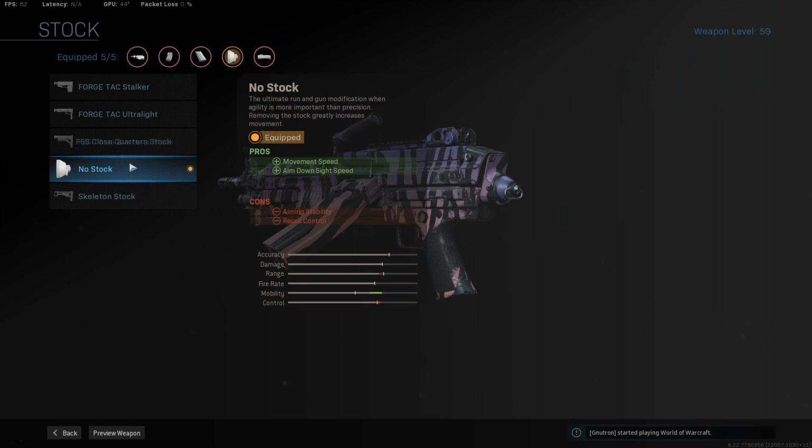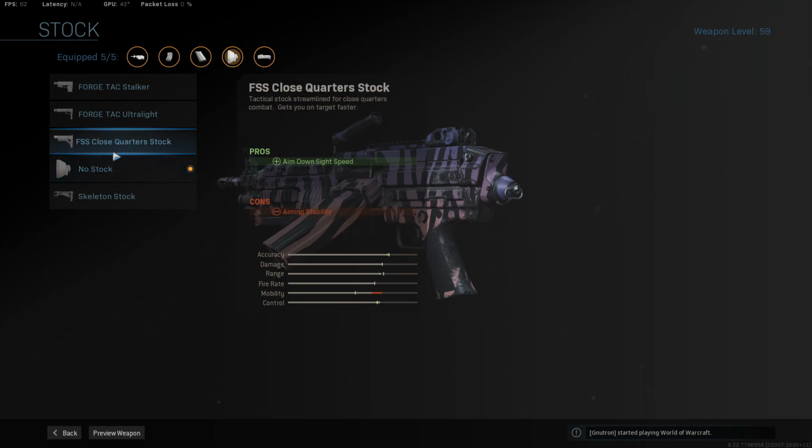The nerfs were as follows, with the recoil control on this weapon getting nerfed, or this attachment rather getting nerfed significantly. Like, the recoil control is way worse on some weapons now, so I feel like we can get away with this for the huge boost to our movement speed and aim down sight speed, which is really important for making this a more mobile weapon. As I said, we do lose a little bit of that recoil control, so the barrel and this do combine to make us a little bit less accurate, and if you're worried about that, you can include the FSS close